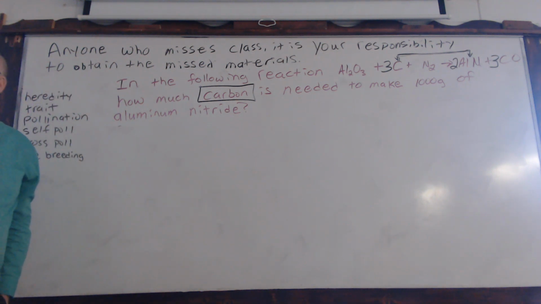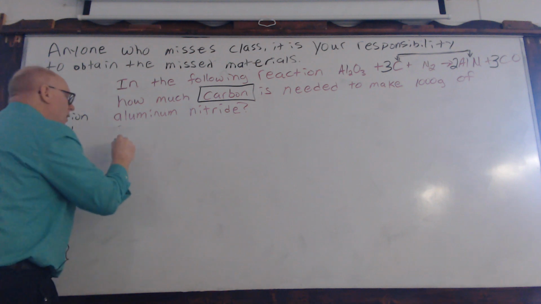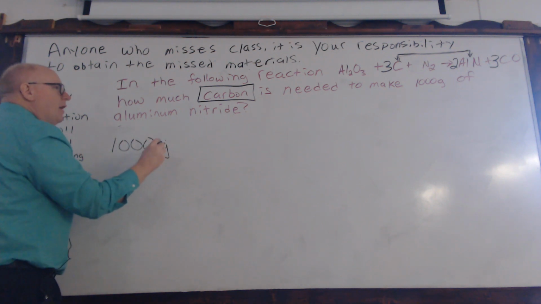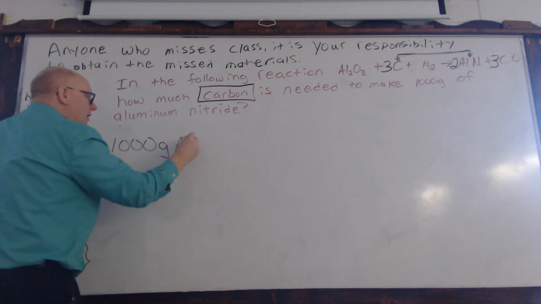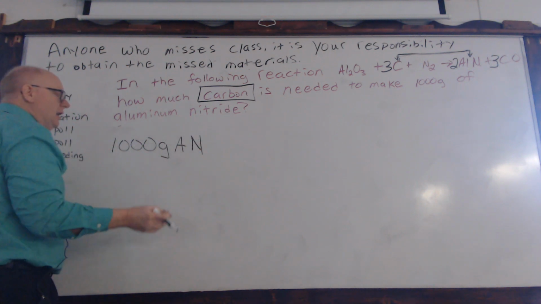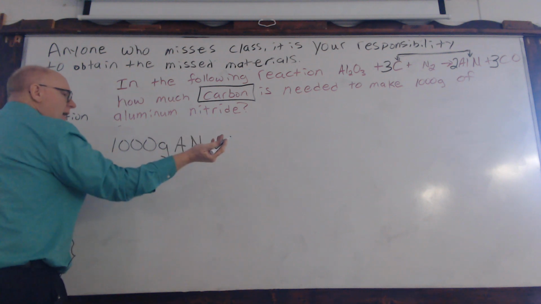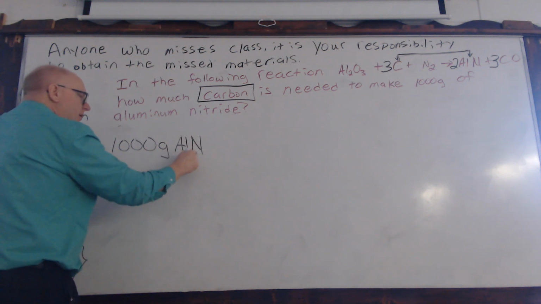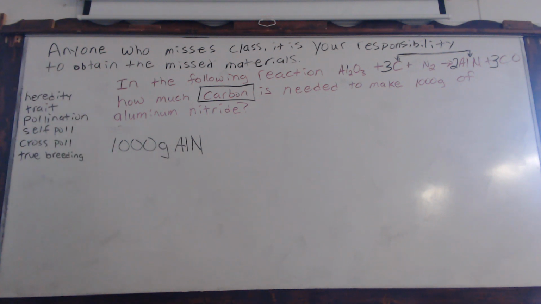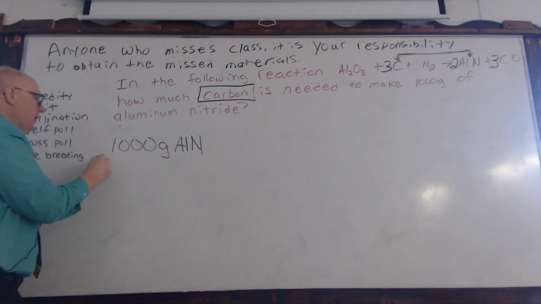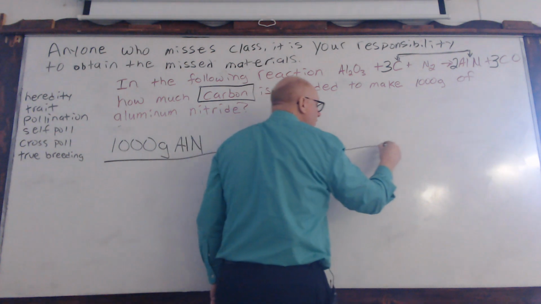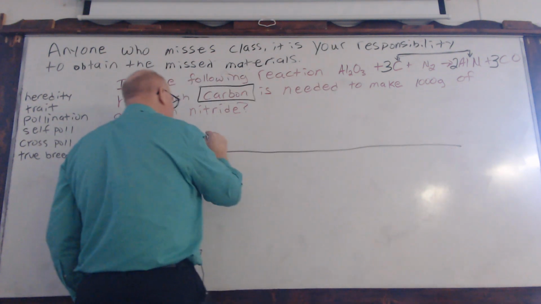Okay. You start on the product side because we want to make sure that we produce 1,000 grams of this aluminum nitride. Now we can do that even, it's not much more work to put an L in there, but if you just put A and N, that would be fine because it's just aluminum nitride. Okay, now every time that we see something measured in grams, we're going to probably change it to what?